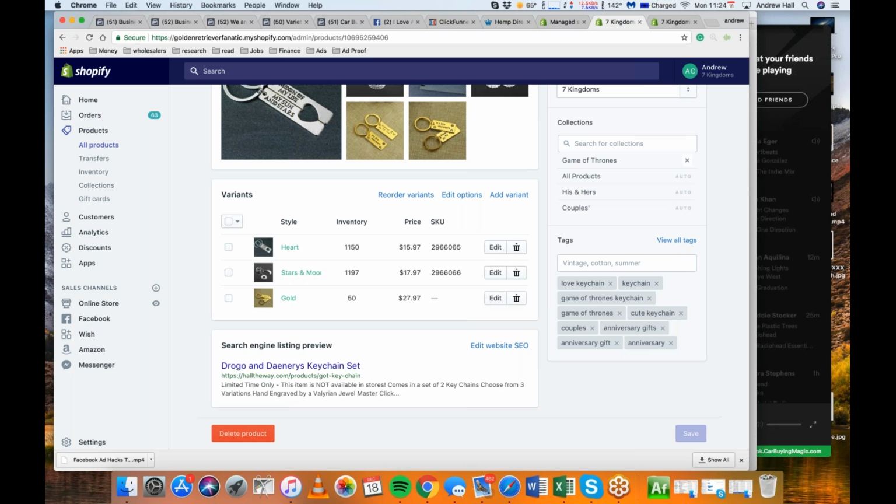So you've got to remember that you're building assets with this. You may not be getting the results you want up front, but even if you're just breaking even, you're still coming out on top, because you're building Facebook pages with people that like and follow your page that you can retarget later. You're building data for your Facebook pixel. You're building a store that's going to start ranking in Google. You're building an email list that you can remarket to on the back end. There are so many assets that you're building. You can't just think, because I'm not profitable yet, I'm not making money. If you're really interested in doing this for a real business, you're building assets at this point.